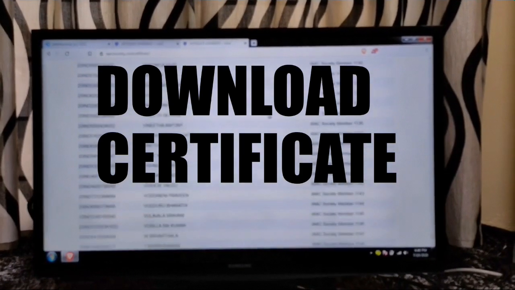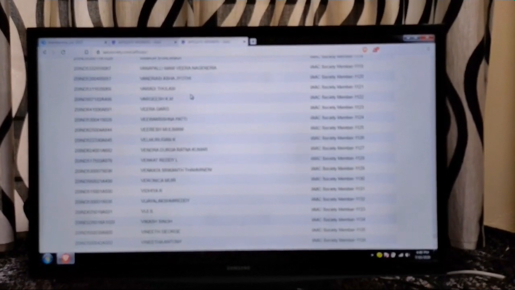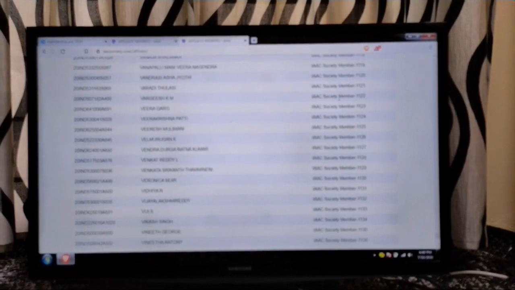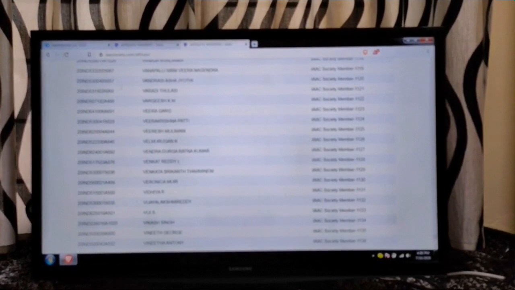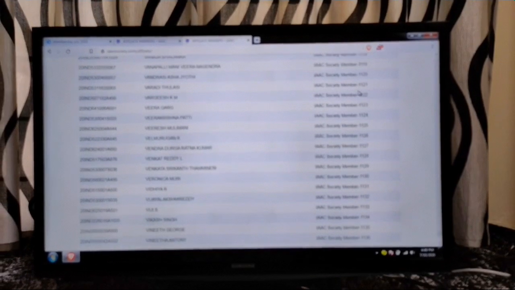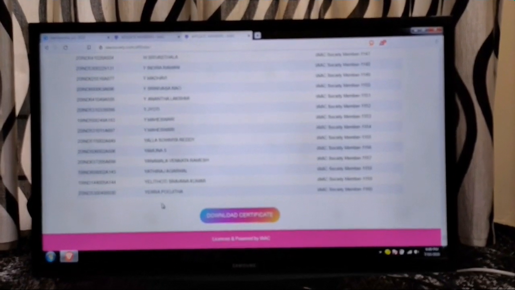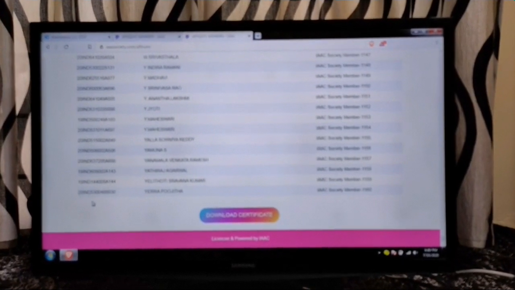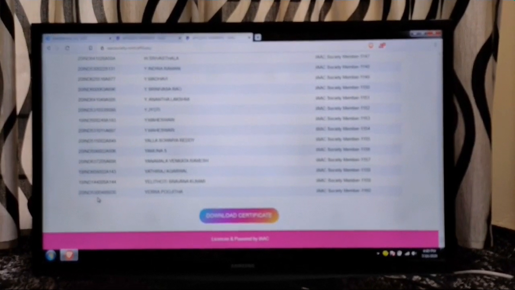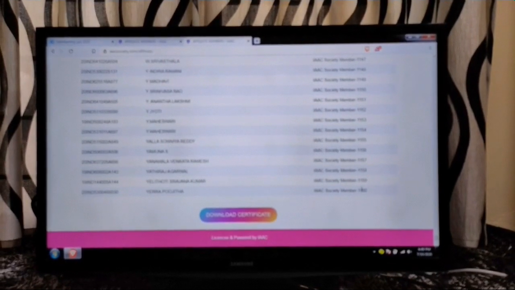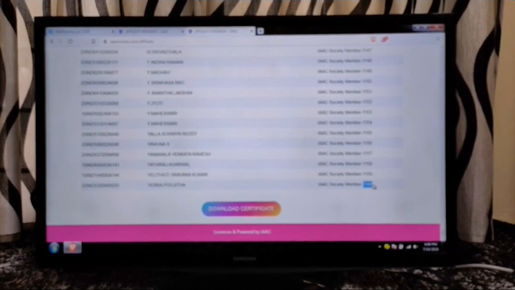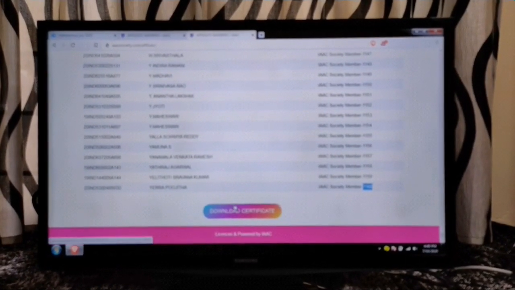Here just search for your name, or press Control F, you can find your name, and remember the last digits, the last number of the file that you have to download. This is the membership number, and this is the file that you have to download, meaning the certificate. For example, if you are Yerra Pujita and you want to download your certificate, this is your membership ID, 20IND 5300 is your number, and 1160 is the file that you have to download. So just for a period of time, remember this number 1160 and click on download.